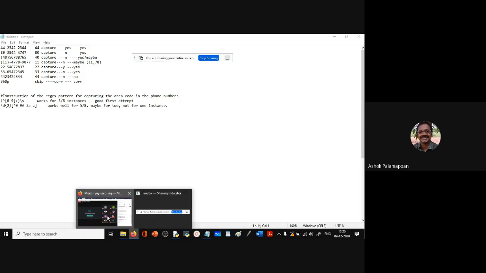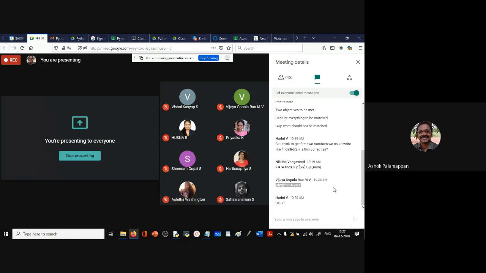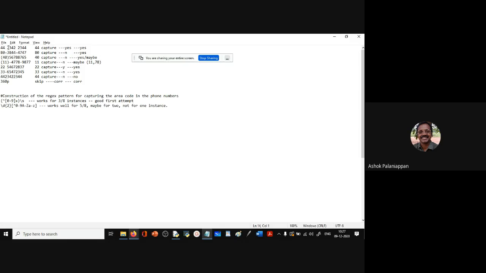Are there any more patterns? No more. Okay. So Harini had just given D of 2, and it's a similar analysis. D of 2 will match all the digits. 2, 3 will be matched. 4, 2 will be matched. 3, 4 will be matched. Everything will be matched. So just saying D of 2 is not useful. So that is why the string methods are not very useful here. Any simple pattern is not going to work here. Even this complex pattern he has given, that is not working for 3 of them, isn't it?